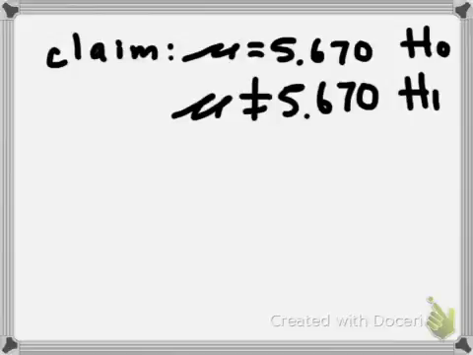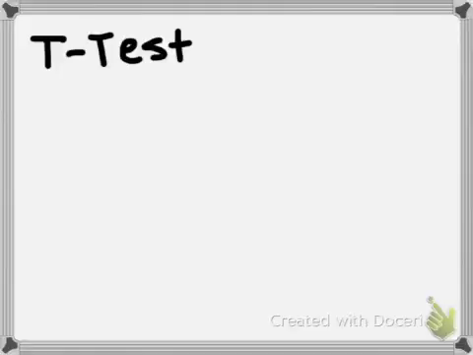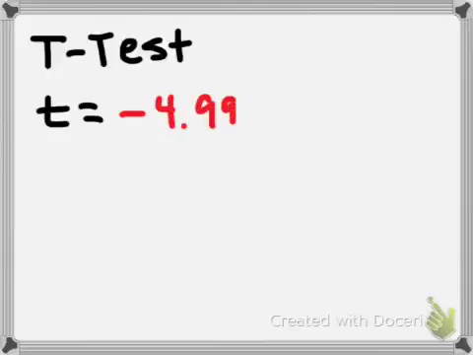Okay, now moving on, we need to find our test statistic, our p-value, and our critical value. So, to find our test statistic and p-value, we will use t-test because sigma is not known. So we type in t-test on our calculator, and our test statistic is negative 4.99,